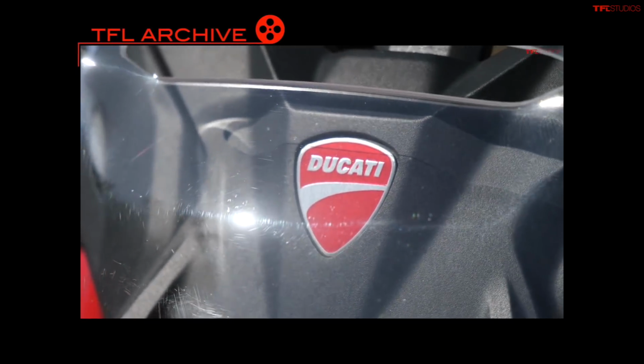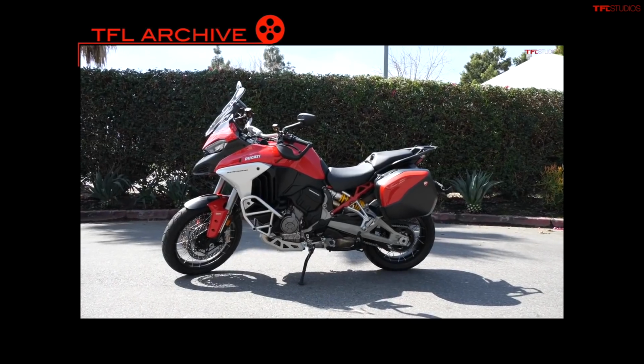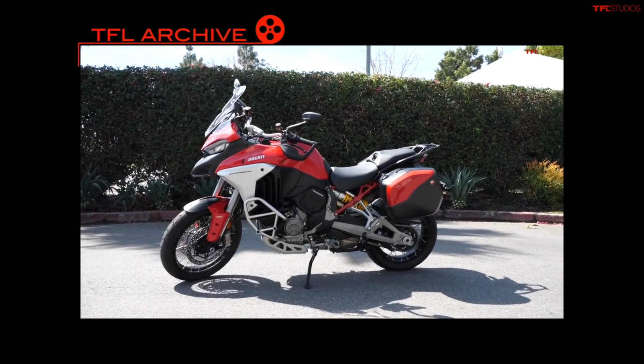Right. And then, you gotta have something comfortable to put a lot of miles on. Why not go with the V4 Multistrada for $20,000? So that pretty much covers everything. You've got your race/track bike, you've got your adventure bike, you've got your beaters, absolute beaters to give your friends, throw on the ground. Yeah. And then you've got your commuting or highway bike, whatever you want to do with it. Touring bike, yeah. Brings the total to